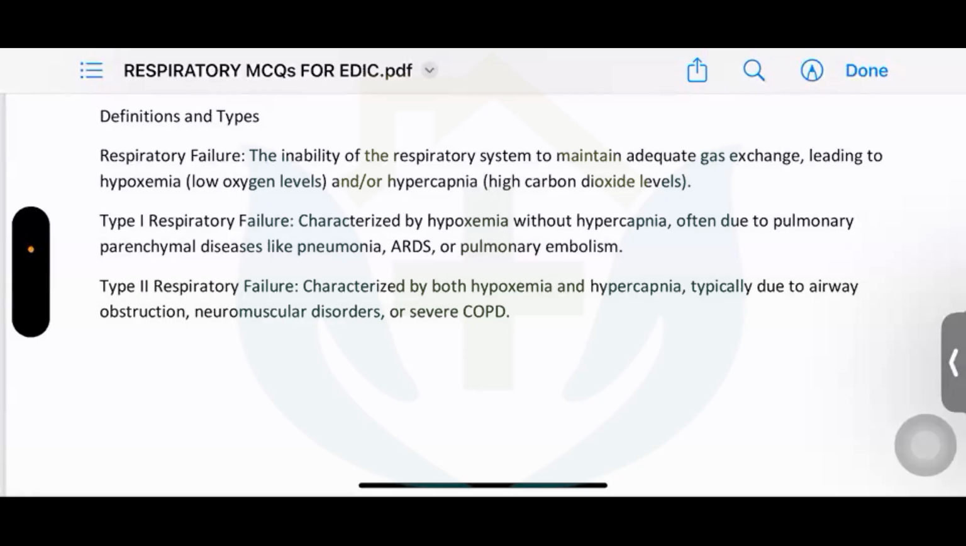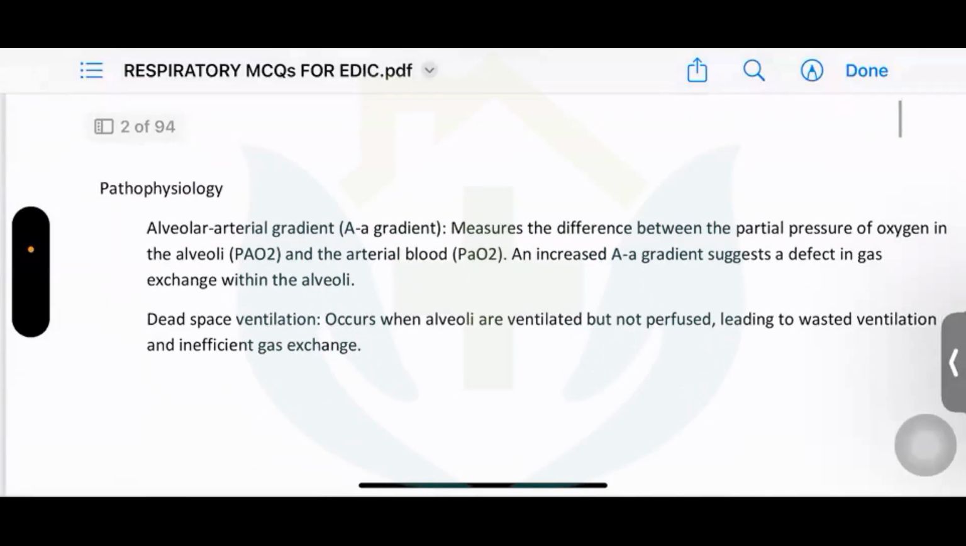Then comes type 2 respiratory failure, where not only oxygen is a problem, getting rid of the carbon dioxide is also an issue. This typically happens whenever there is a problem with the airways, that is the bronchioles, the bronchi, the trachea, or when the whole rib cage is an issue, like myasthenia gravis and neuromuscular disorders. So COPD, airway obstruction, and neuromuscular disorders are basically the organ systems involved in the pathophysiology of